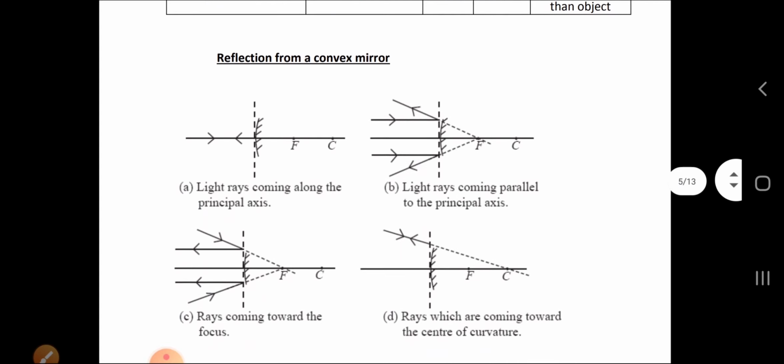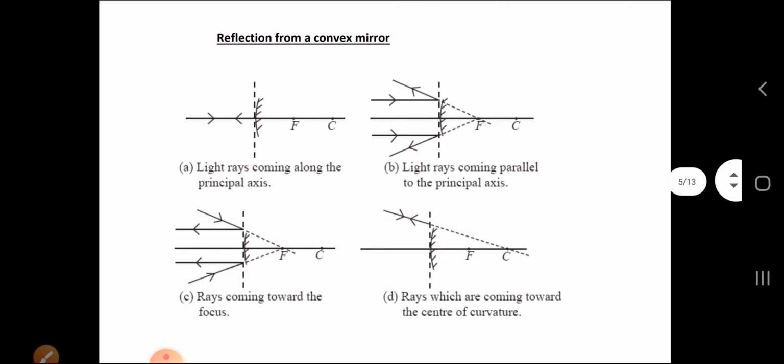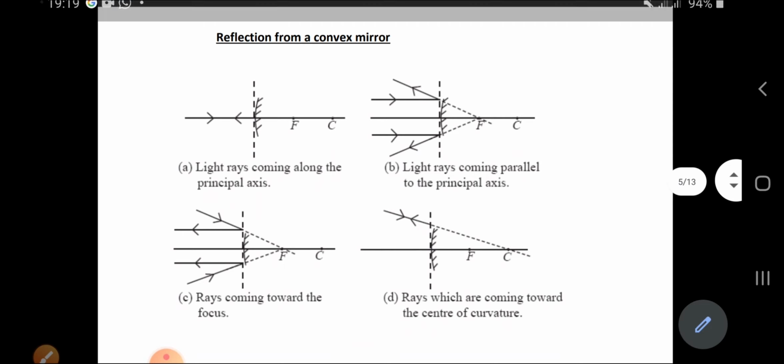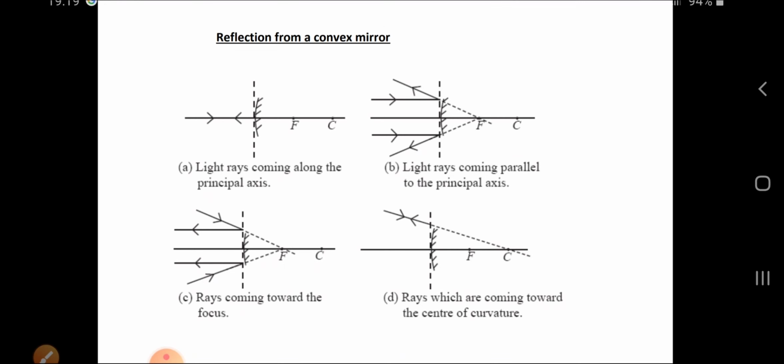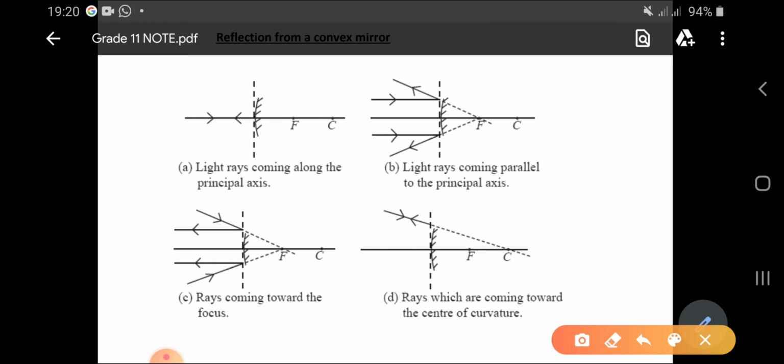there are also some basic rules when you are drawing ray diagrams reflecting from a convex mirror, right? Number 1, light rays which are coming along the principal axis will move along the same path, same as that of the concave mirror earlier. Here, both part A and part D rules will be similar to those of the concave mirror, but the only difference is that previously